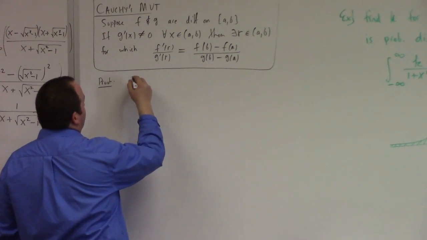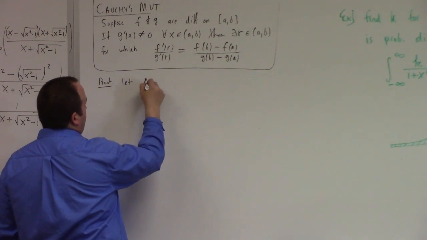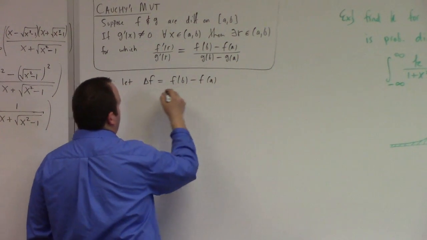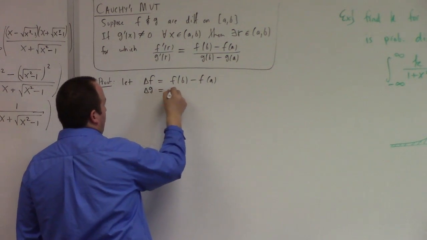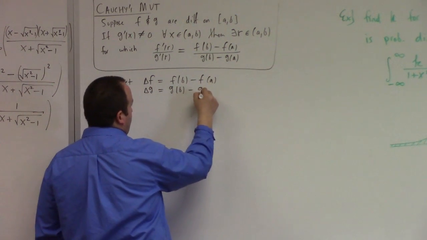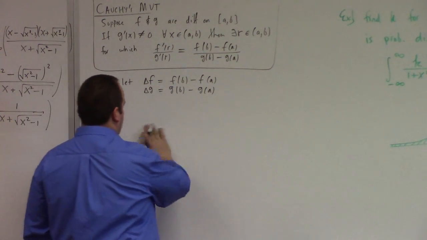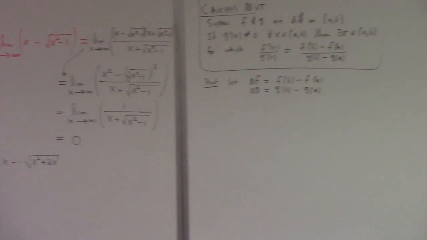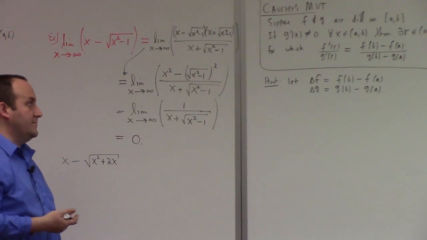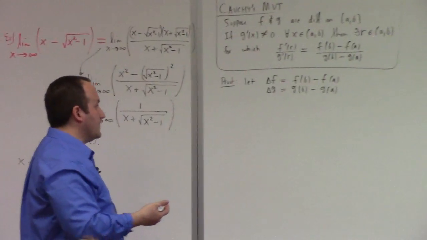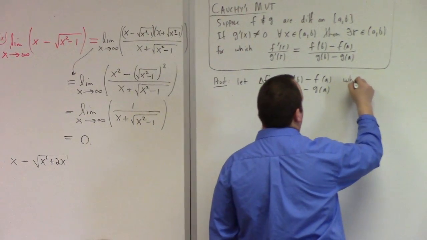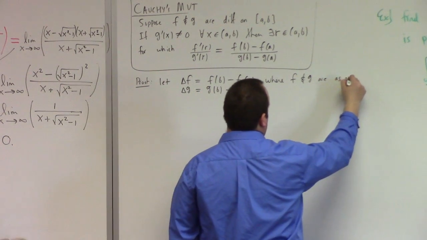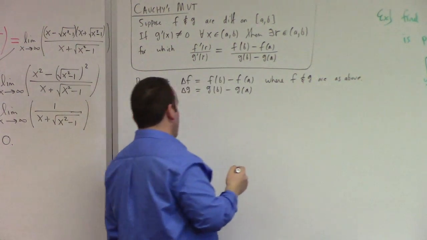All right, so we're going to let the change in f be f of b minus f of a, and I'll let the change in g be g of b minus g of a. I would point out to you that these are just numbers. a and b are fixed, and by the way, we're also going to assume that f and g are as stated in the theorem. Okay. All right. Let